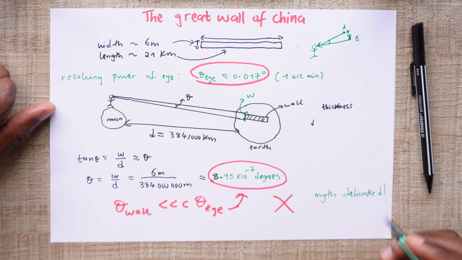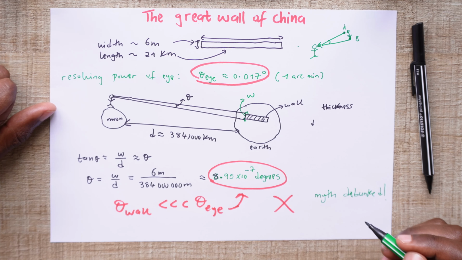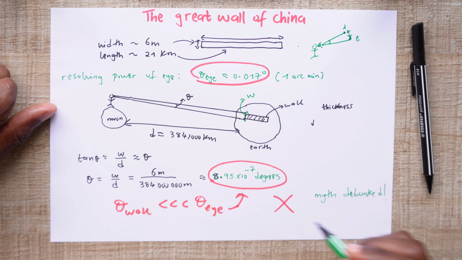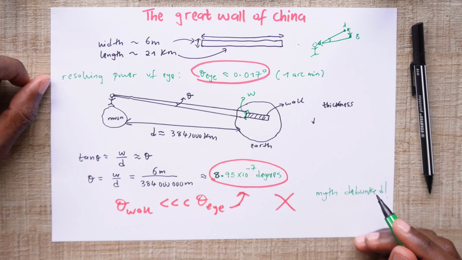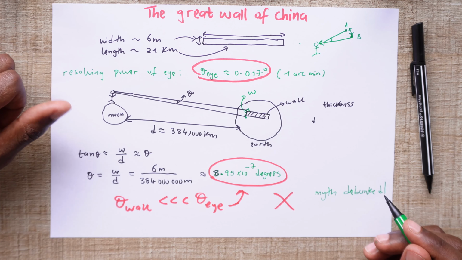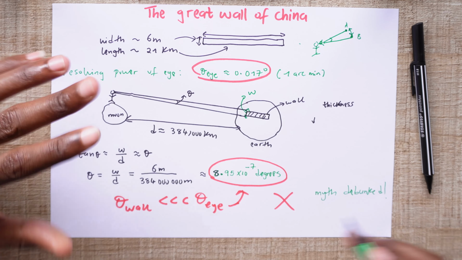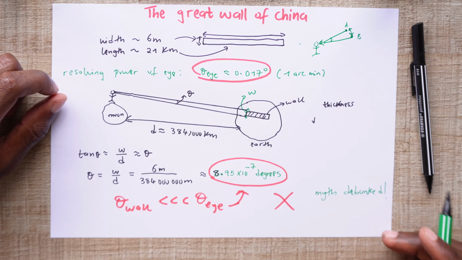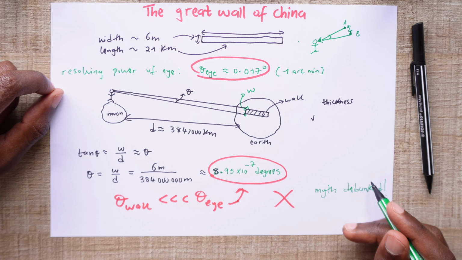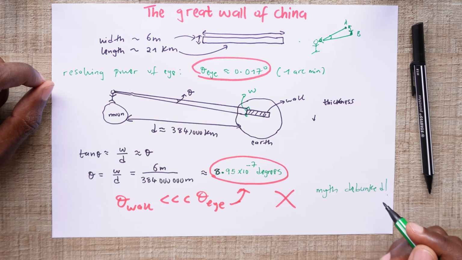So whenever you hear someone again say that the Great Wall of China is visible from the Moon, you can first redirect him to this video, okay, so that I get some views. And you can tell them that it's just a myth, okay? The calculations are really simple and it's just not possible. It's clearly impossible to see the wall from space.